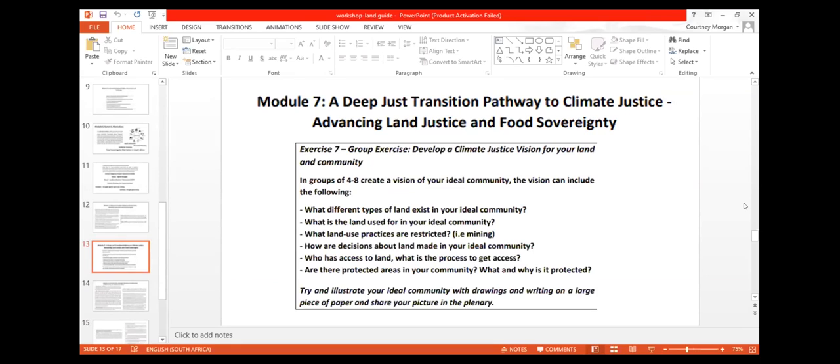So what does it look like? What is allowed? How is the land used? What is not allowed? For example, no mining or no commercial agriculture. Essentially, what does your ideal community look like? But all the while keeping in mind those principles that I spoke about. So non-discrimination, solidarity, all of those things. And then